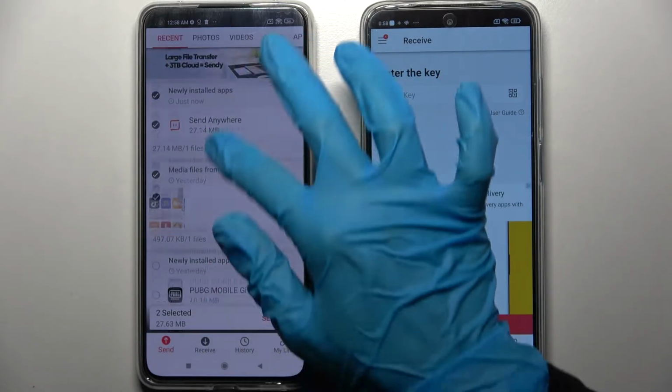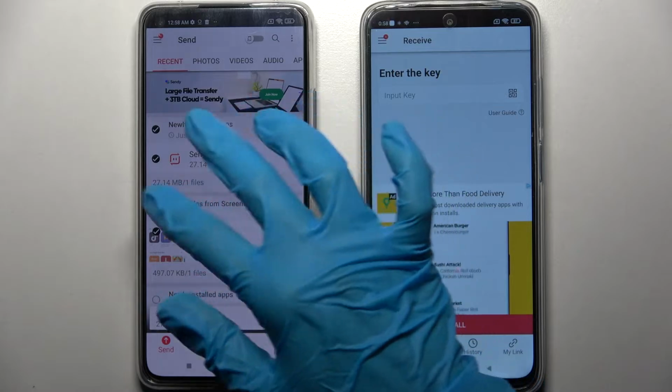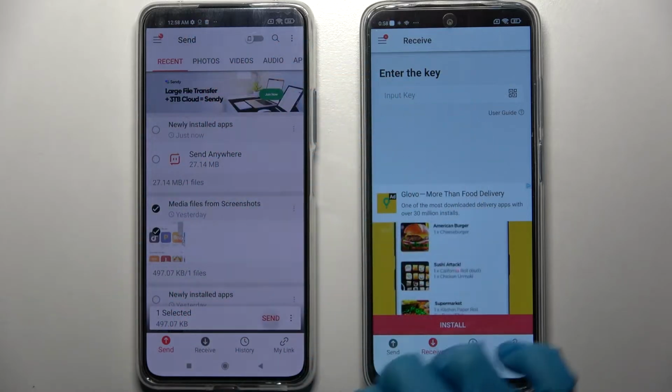Now click on all of those type of dots. After that, tap on Send. This way you will send all of those files. It will take a long time though, so I will only click on this one photo, just send and click